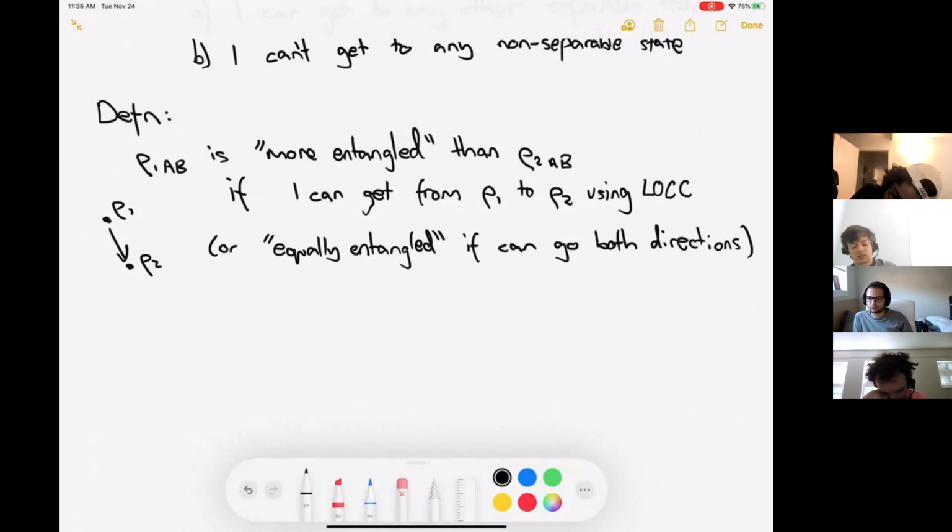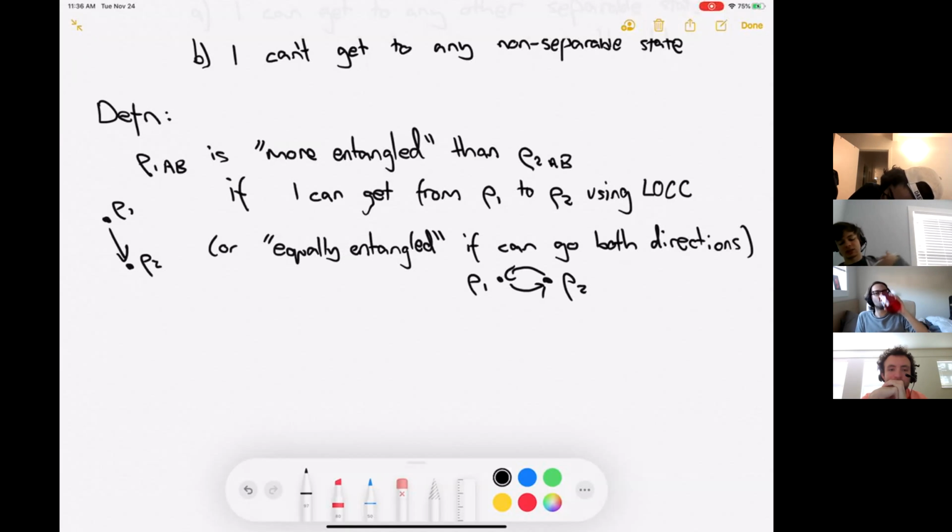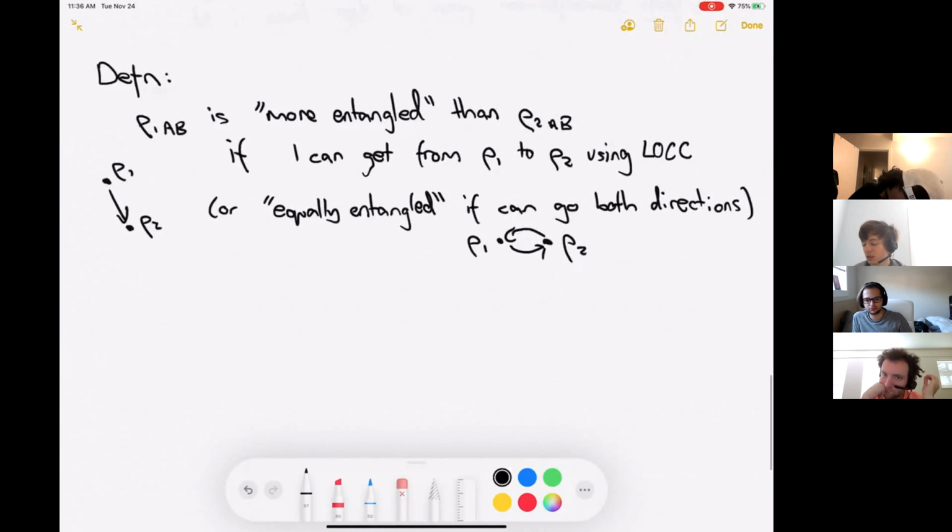And we'd write this by having rho 1 and rho 2, with an arrow going in this direction, and an arrow going back the other direction. Okay, so this gives us a natural way to compare the entanglement of different density matrices, rho 1 and rho 2. But there's a very important point,